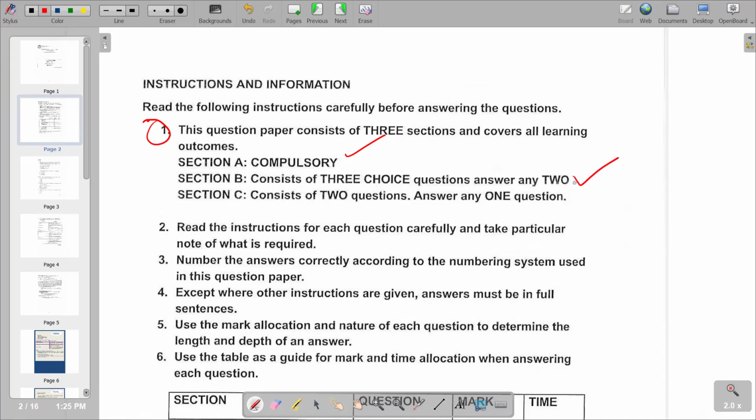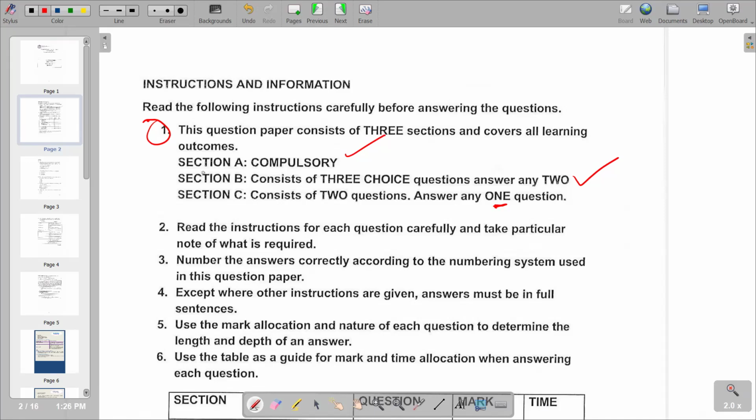So it is very important for you to take notes. We have section C, which consists of 2 questions, answer 1 question. Very important. So these are the 3 sections that we are just going to go through according to this video. So remember, in this video we are going to answer all the questions since we are revising